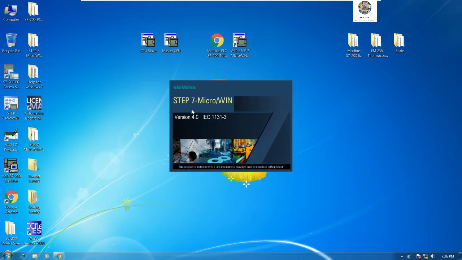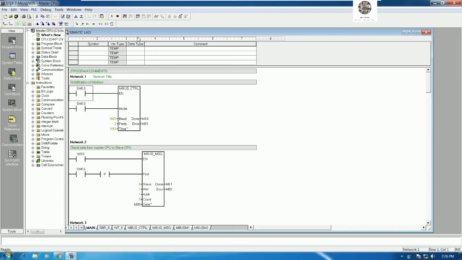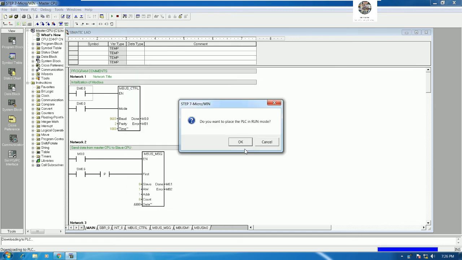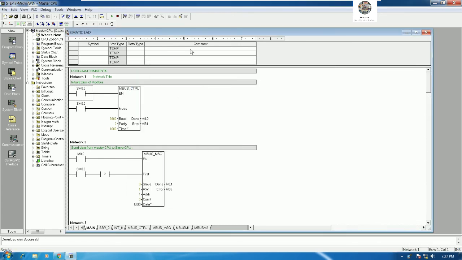So I must download the program to the master CPU first, because we need to disconnect the PPI cable from the master CPU to the slave CPU, right? We need to download to the slave CPU. Okay, so I will stop this one first,